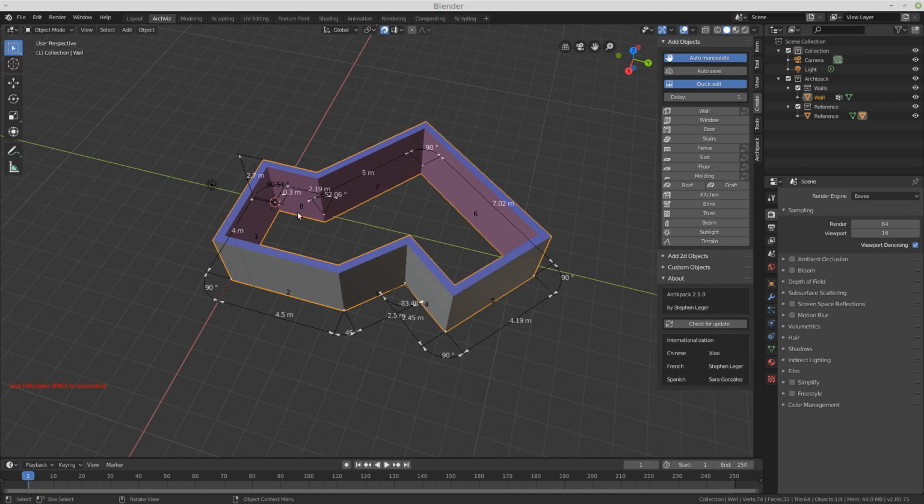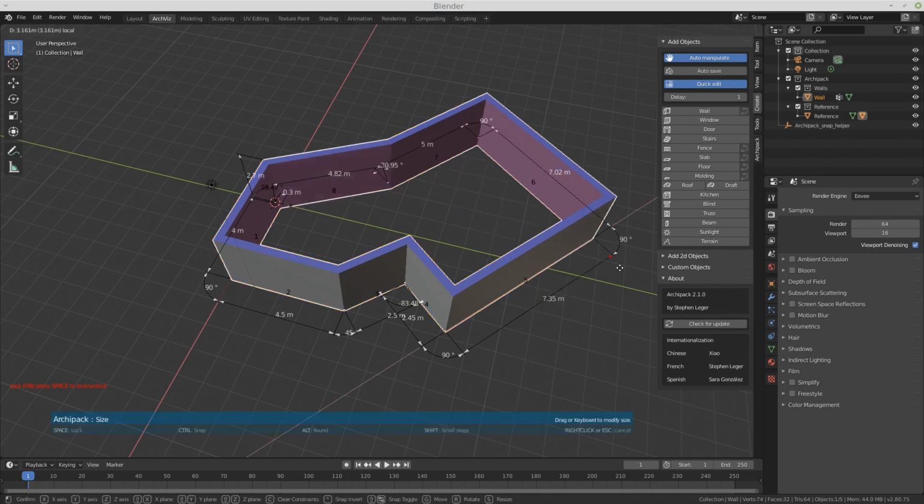But the last one will simply close the wall. You can see the segment number here. The last one is simply a segment which goes from this point to the first point, so it doesn't rotate with the others.